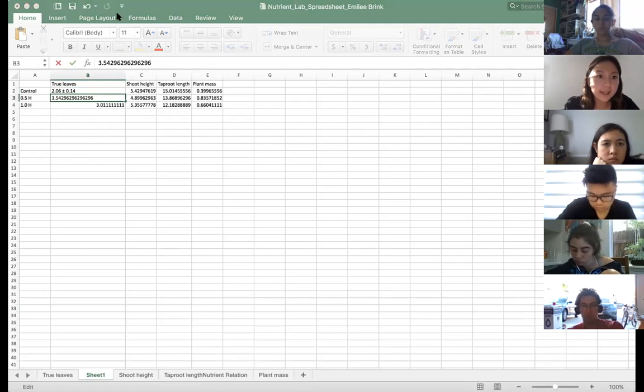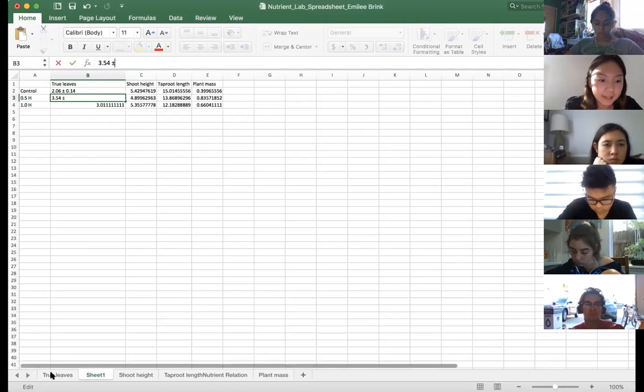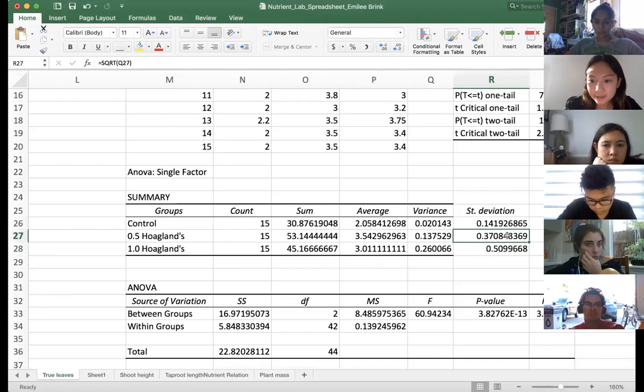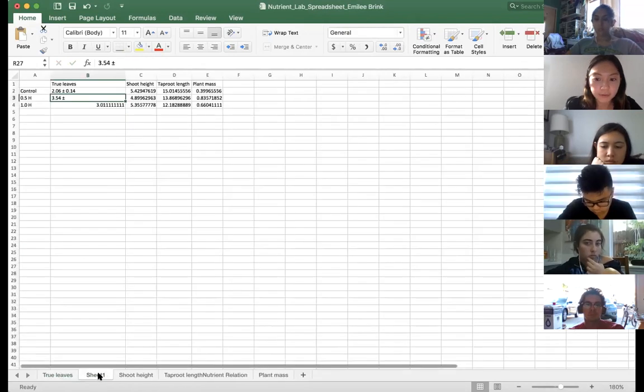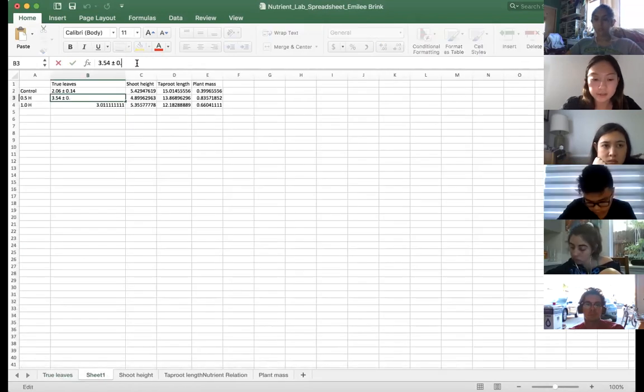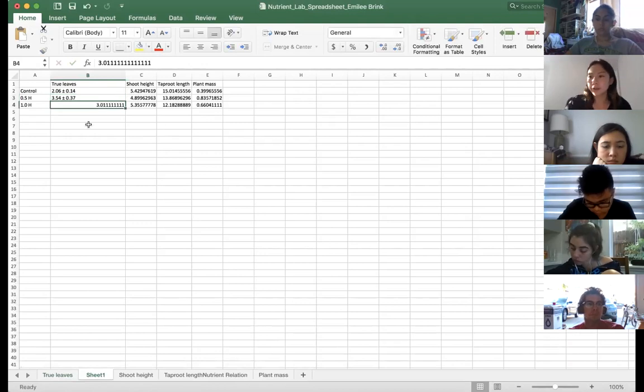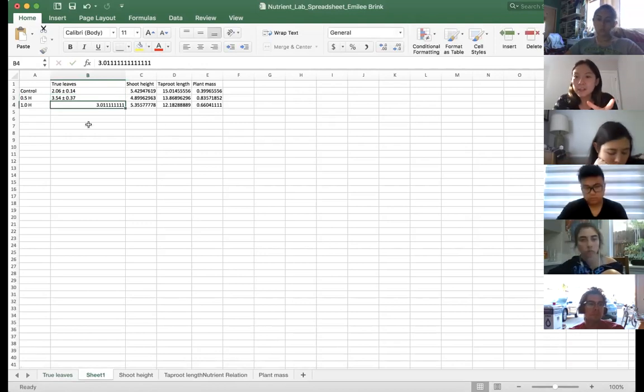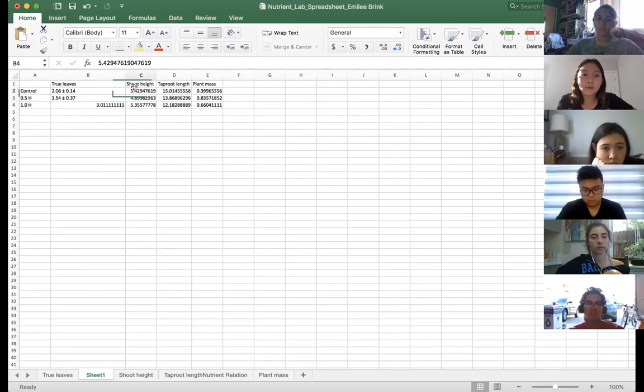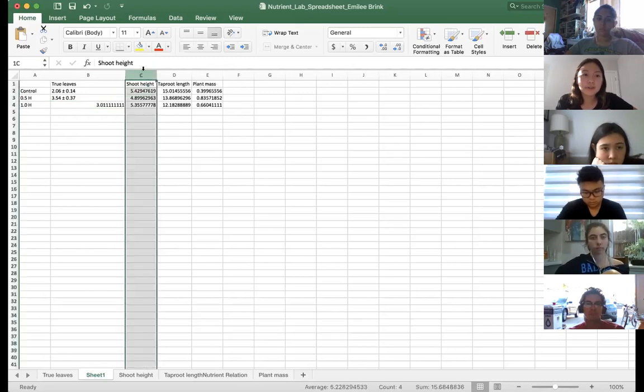So go ahead and just let's get rid of all these sig figs first. So 3.54 plus or minus, and then the next standard deviation is 0.37 for the half strength solution. So just go ahead and type that in, and then there you go. Does everybody get that? So you're gonna do the same exact thing for all the variances for shoot height, taproot